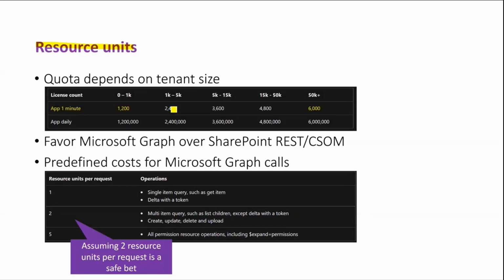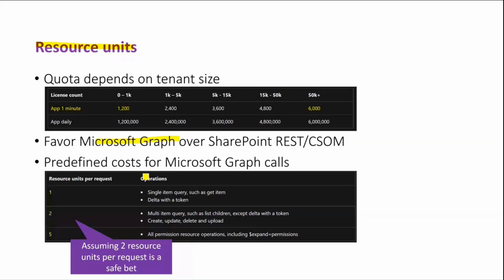Though the graph requests are kind of more favored in this model. So if there's a graph equivalent over SharePoint REST or CSOM equivalent, then you should use that. It's more favorable when it comes to throttling. For the graph side, we have actually